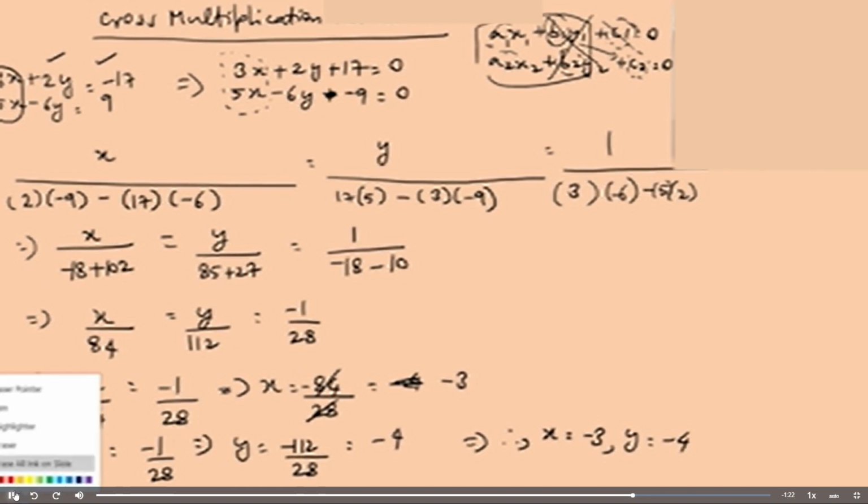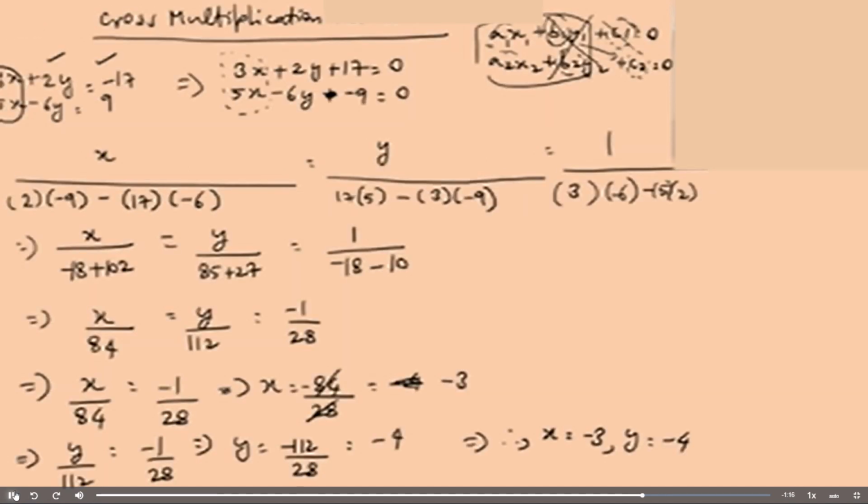So I will again explain to you briefly how to solve by the cross multiplication method. You have to first take the equation in the format of a1 x plus b1 y plus c1 equals 0 and a2 x plus b2 y plus c2 equals 0. Once you convert it to that format, we will start with the x factor. x divided by b1 into c2 minus c1 into b2